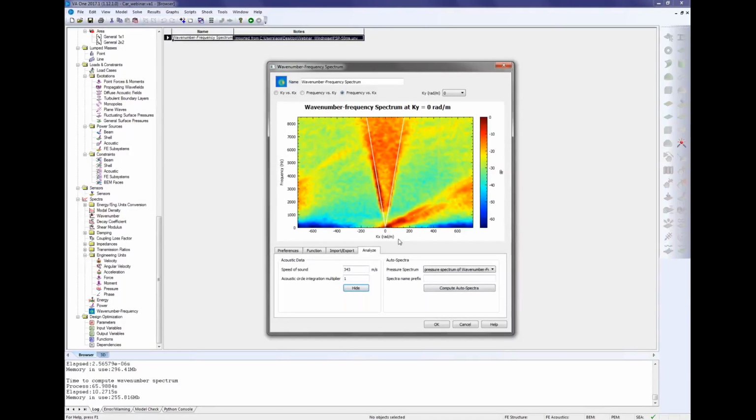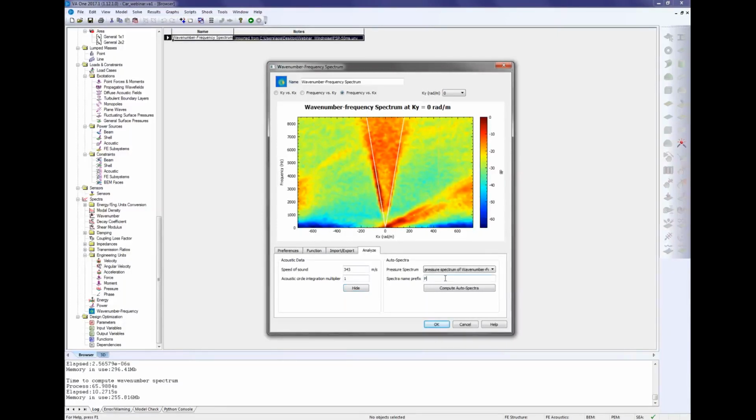So what this tab can do also is to compute the autospectra for the acoustic and convective wave number. So for that, we choose an area where we want to integrate the energy over the frequency spectrum for the acoustic part, and the rest will be assumed to be the convective component.